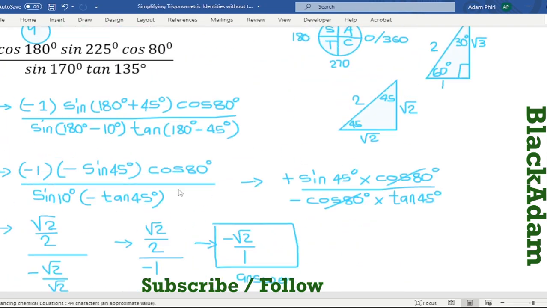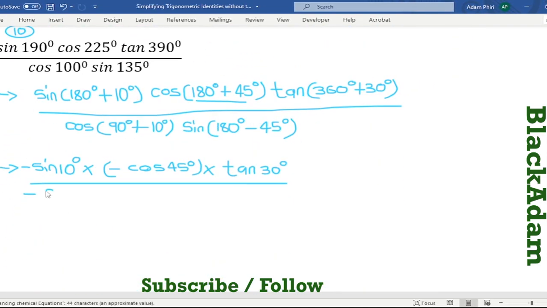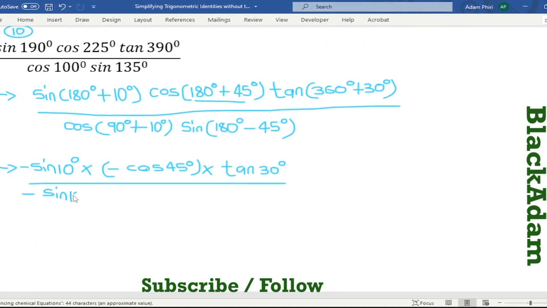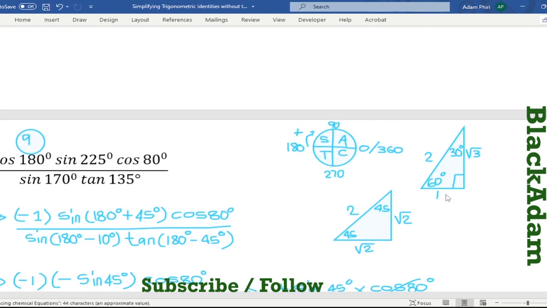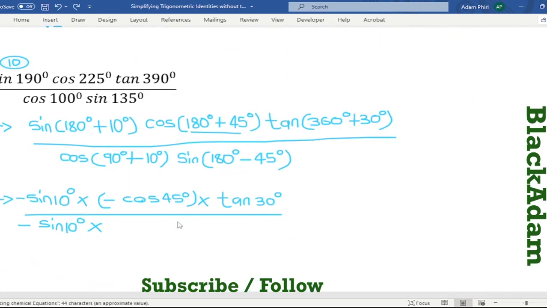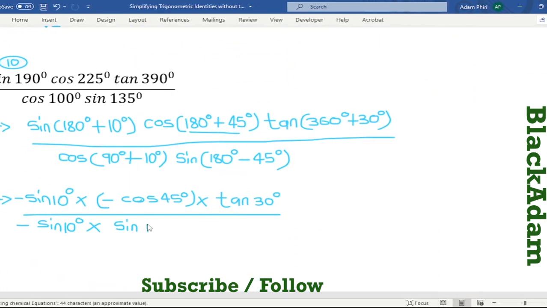And then in the denominator we have cos 90 degrees plus 10 degrees, gonna be negative sine 10 degrees, multiplied by sine of 180 degrees minus 45 degrees,